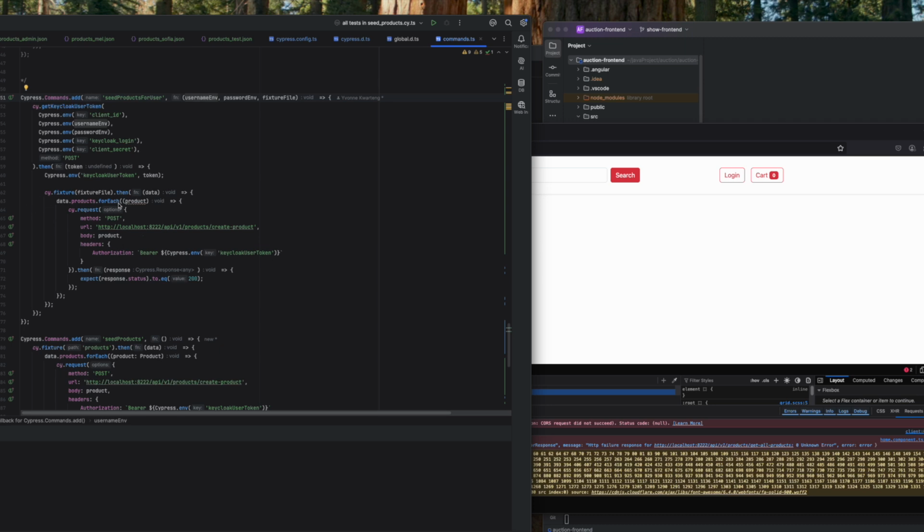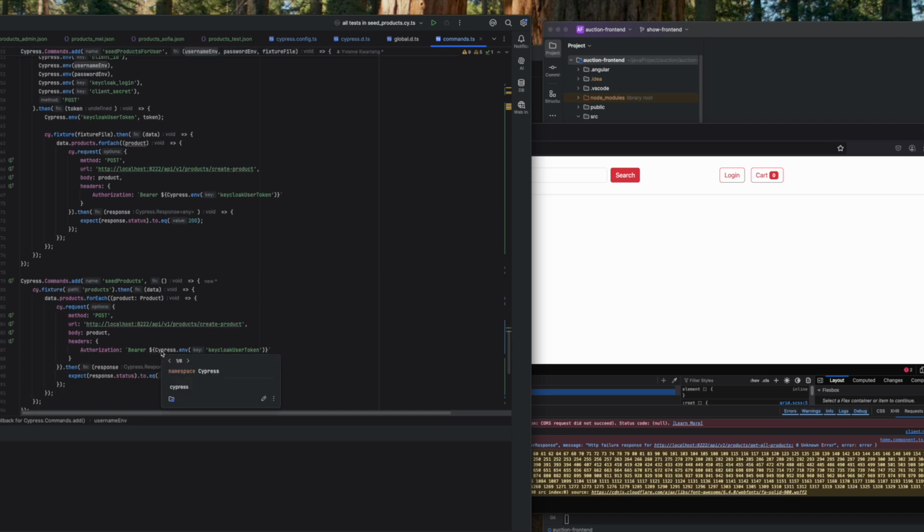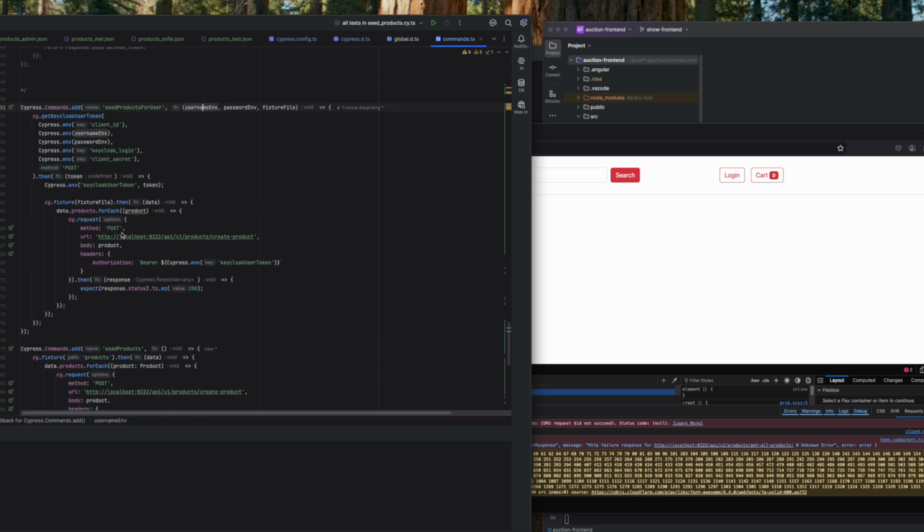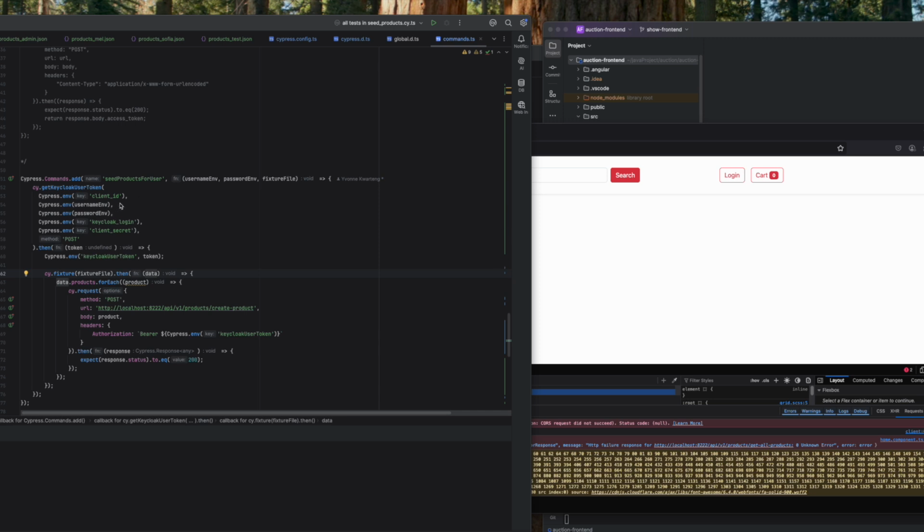We are looping through the Fisher files, and then we are going through that product, and we are just installing to the database, seeding all those data by looping through the data. Products for each. So when we make a call for the fishes,